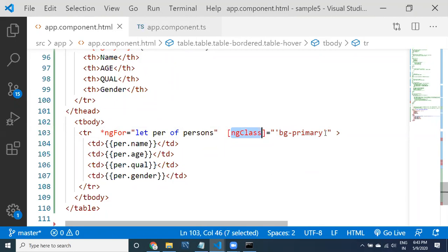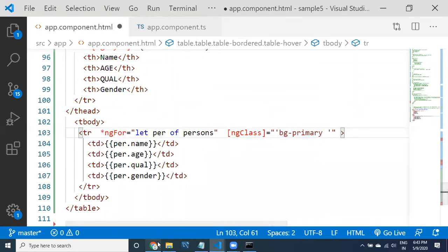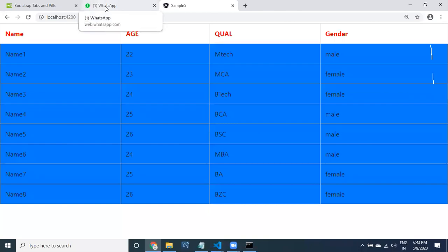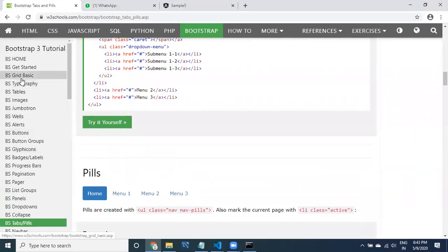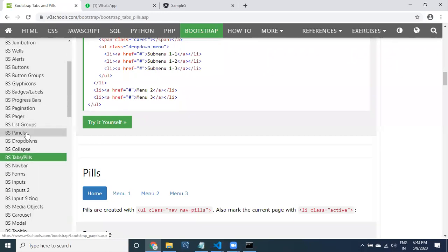Now along with this, what you can do is bg-primary, and I don't know the colors. Let me go to the documentation, I too forgot the class names. Let me go to typography, colors.